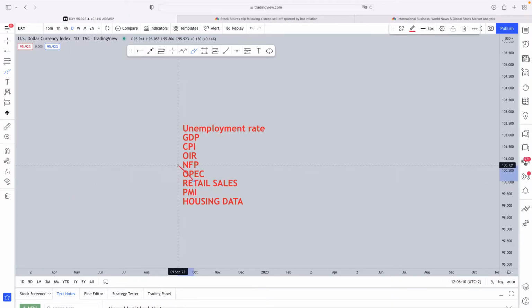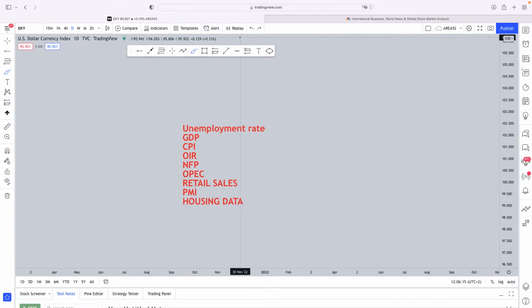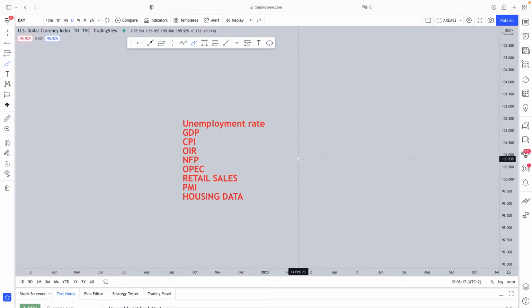Now, today, I want to take you through the high impact news that you get out there, what it means, and how you can trade it. The first one on the list is the unemployment rate, which is something most of you have probably heard about before. One of the key responsibilities of central banks around the world is to maintain a low unemployment rate. All of the major monetary policy decisions taken by the central bank are to keep it near the non-accelerating inflation rate of unemployment.